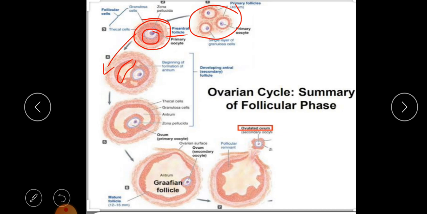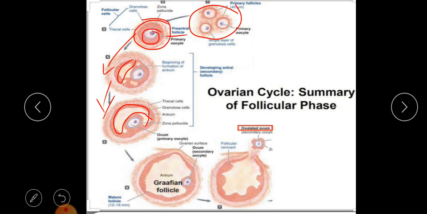Okay, and next, if you see the secondary follicle stage, in that we can see the largest follicle, the largest space. We will also see the thecal formation, that is the theca externa and theca interna, and the granulosa cells which surround the follicular cells. The granulosa membrane formation we will also see slight development, and the antrum space is also observed, and the zona pellucida which surrounds the ovum inside, that is the oocyte, will also be observed.